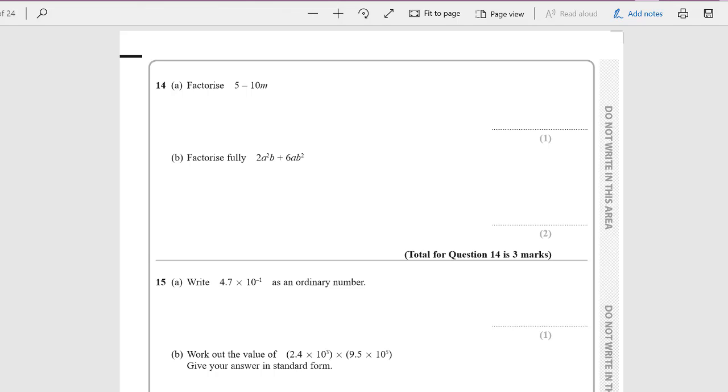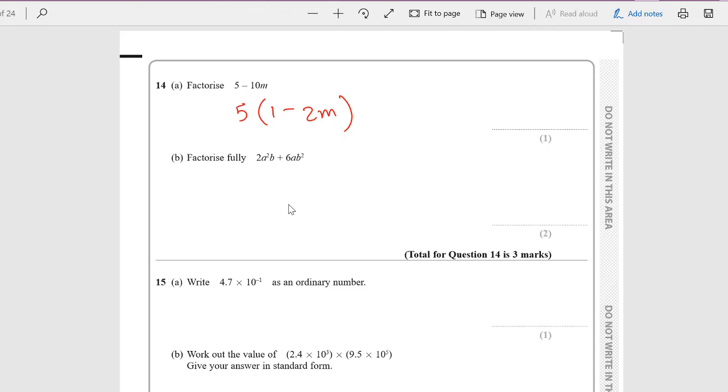Question 14. So it says factorize 5 minus 10m. So we want to factorize out the commonality between these two terms. So I have a numerical value here, numerical value here. So we can see that the 5 is a factor of 10 and 10 is a factor of 10. So let's say 5, 1